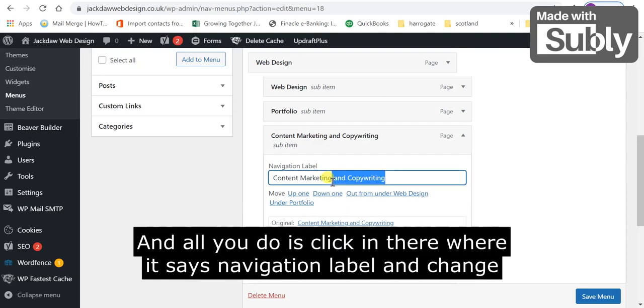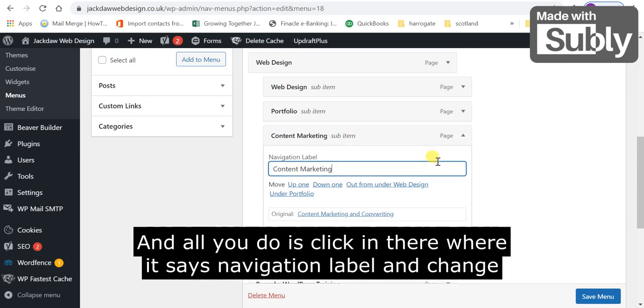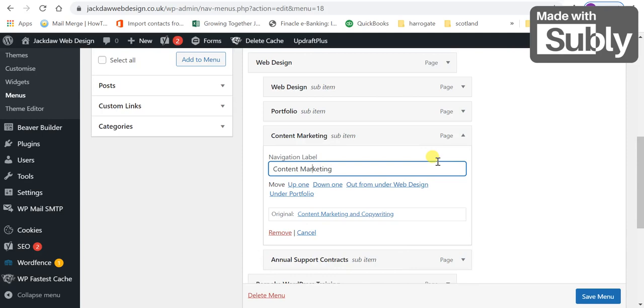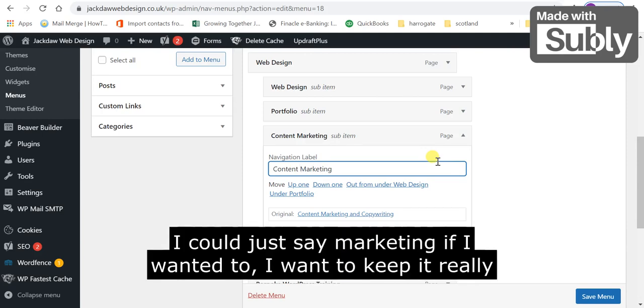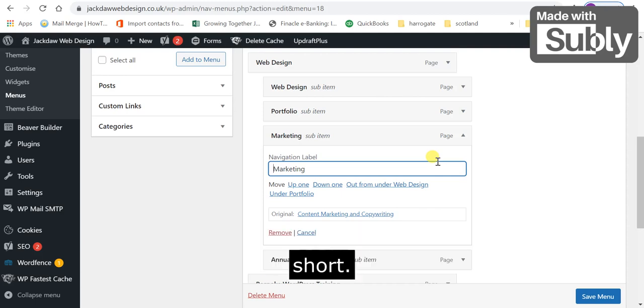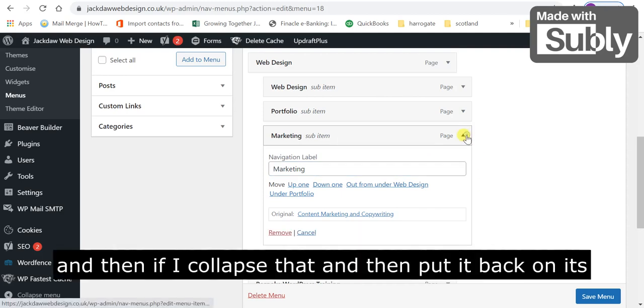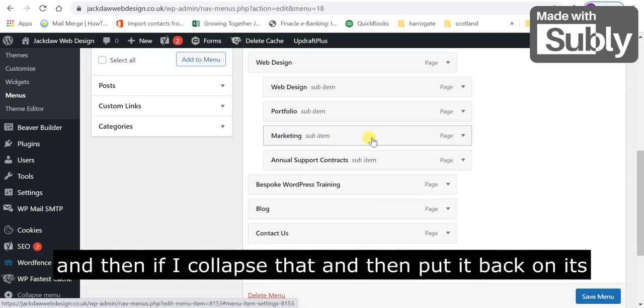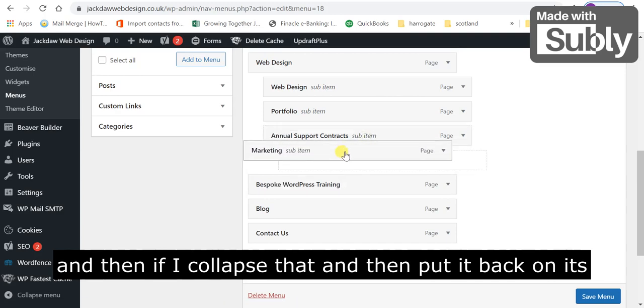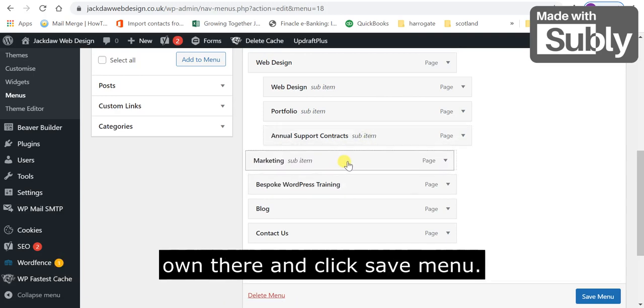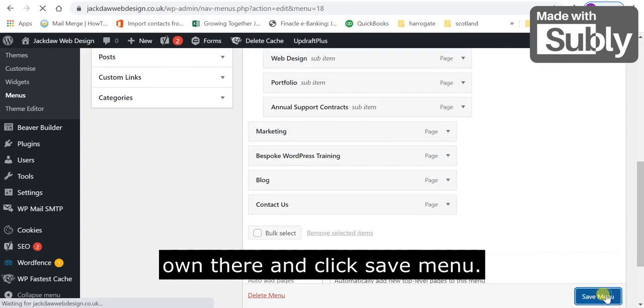And all you do is click under there where it says navigation label and change it as you wish. So I could just say marketing if I wanted to, if I want to keep it really short. And then if I collapse that and then put it back on its own there and click Save Menu,